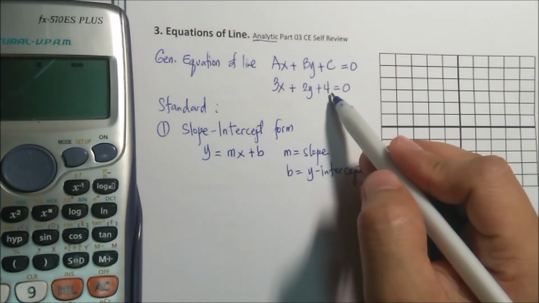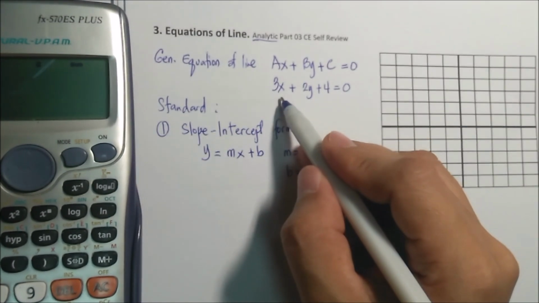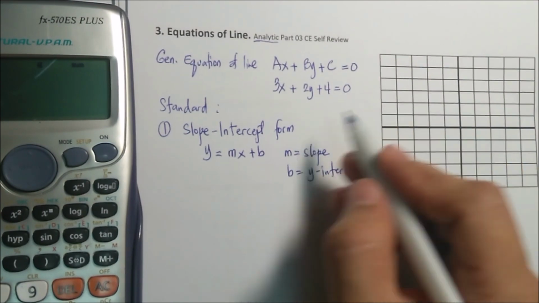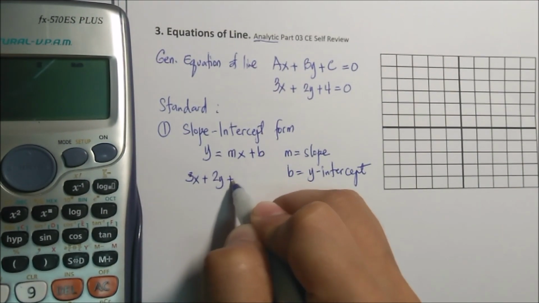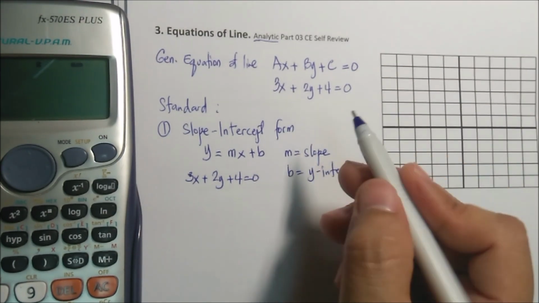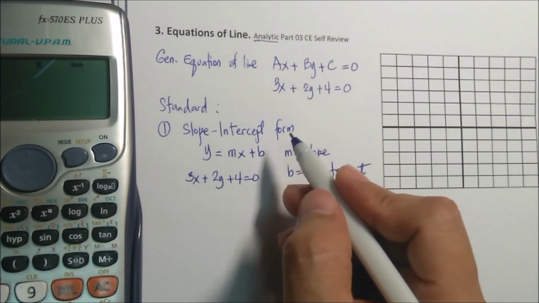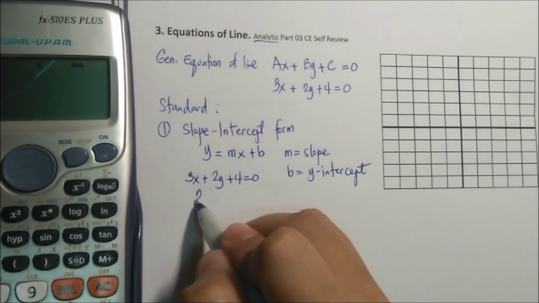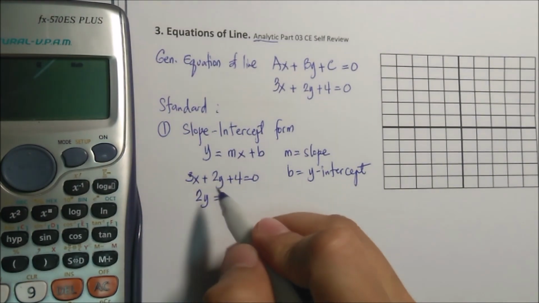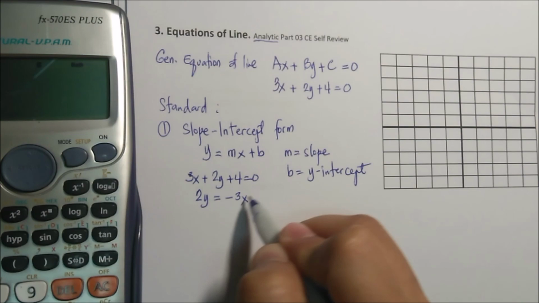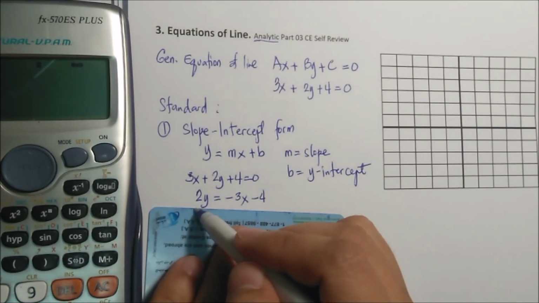Now the general equation, we can convert it into standard equations. Like for example, this one, 3x plus 2y plus 4 equals 0. We will retain 2y here, and then we will transpose 3x and 4 to the other side of the equation. It will become negative 3x minus 4. Dividing both sides of the equation by 2,